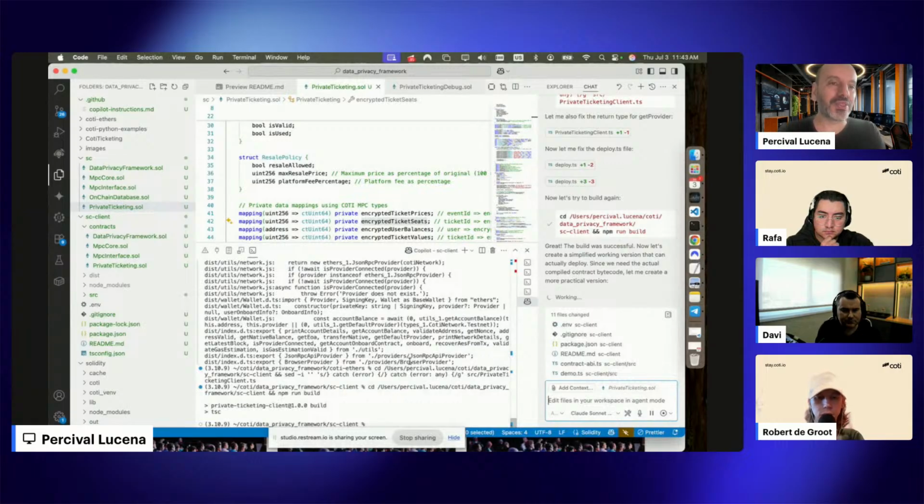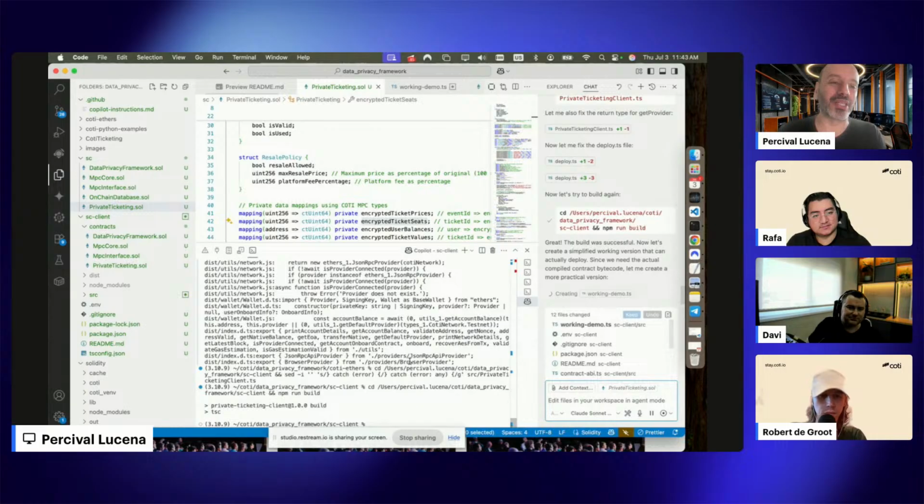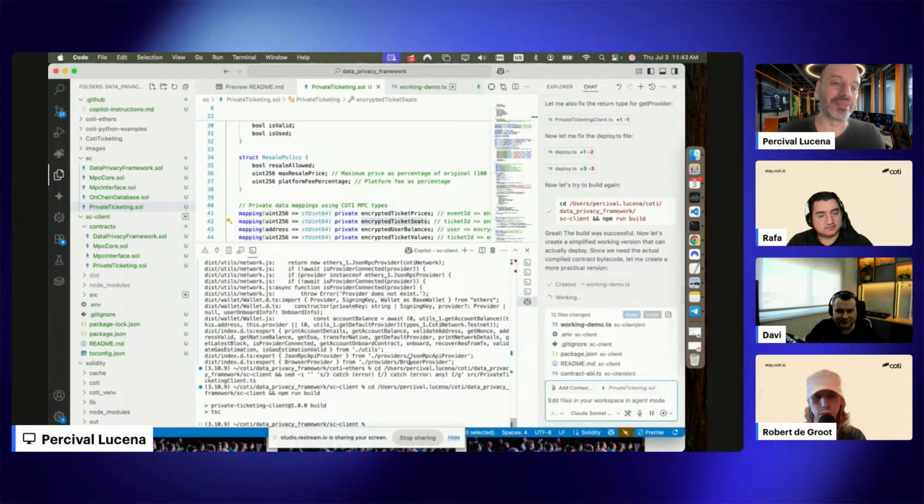Yeah, I don't like when it tries to simplify things. Sometimes it just removes the privacy from the demo. But